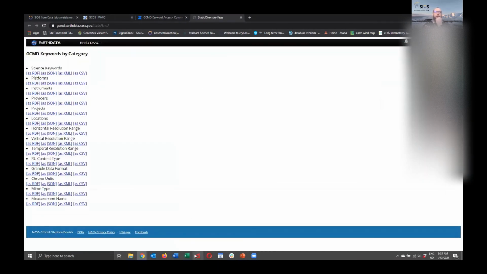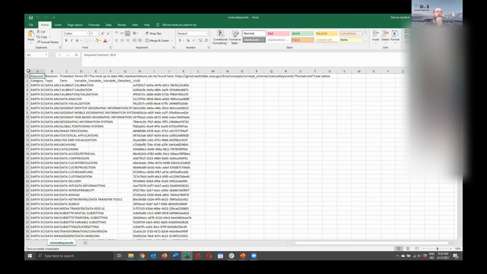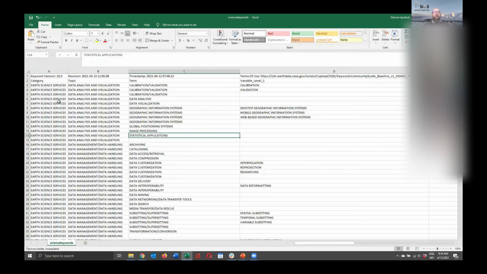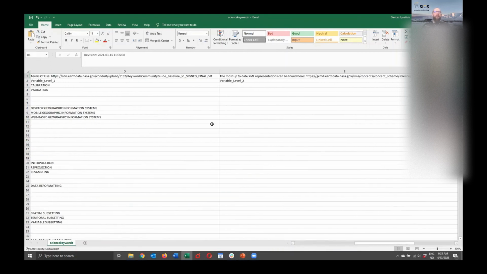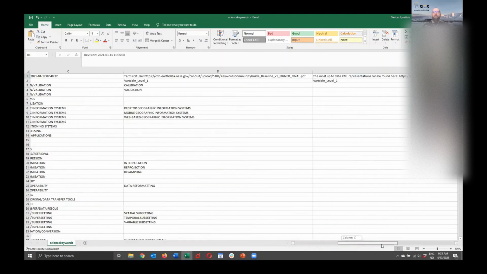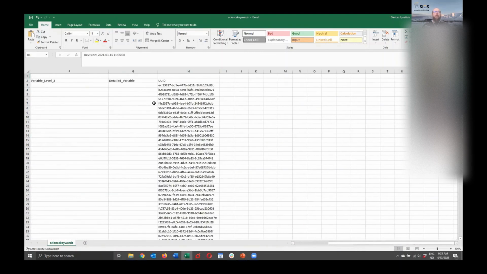And from here, you can download the table that looks like that. So here you can find the newest list of the GCMD keywords, version number 10 from the 15th of March. So as you can see, they are divided into variable level with the term, topic, term, variable, and for each of them, you can also have a unique